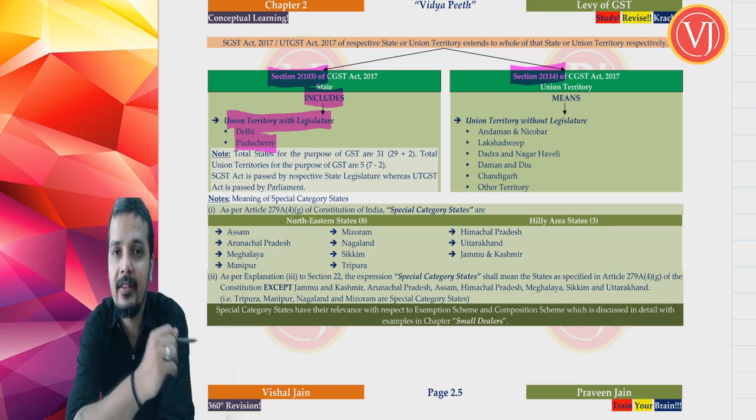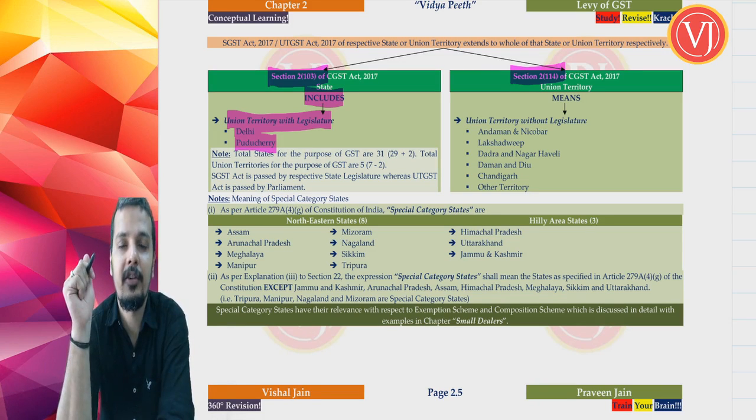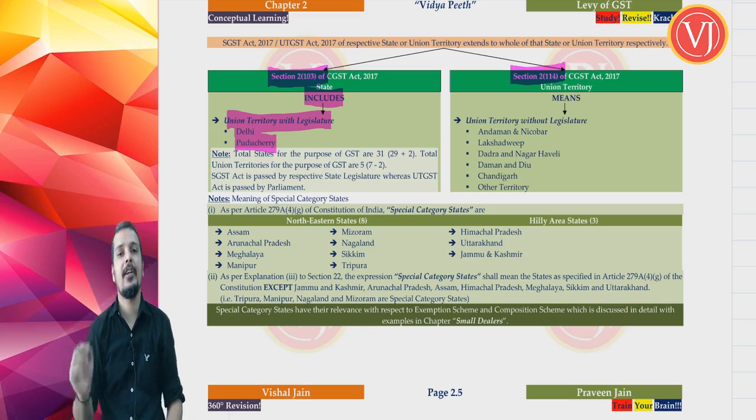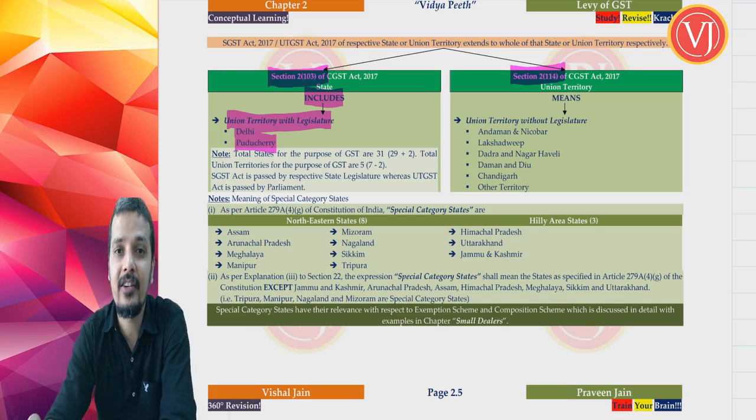Now I'll stop at this juncture. I'll tell you something about Jammu and Kashmir, that now it is not a state. It has been divided into two. Why are we not discussing that particular point? Friends, though the amendment is made applicable and it is effective as on date, the provisions are not yet made effective. The section numbers are not yet made effective. So as on date, the section numbers are not made effective.